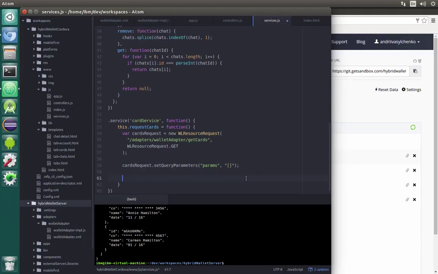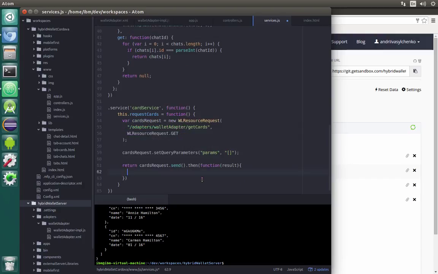And finally, now it's time to make the call. This call result will return to the requestCards function. So I will right away type return, then we will do our cardsRequest. We will send this call using send. And we also need to create some kind of callback for what will happen in order to assign our results. So here I will have a simple function, and everything we received in the result, we will assign